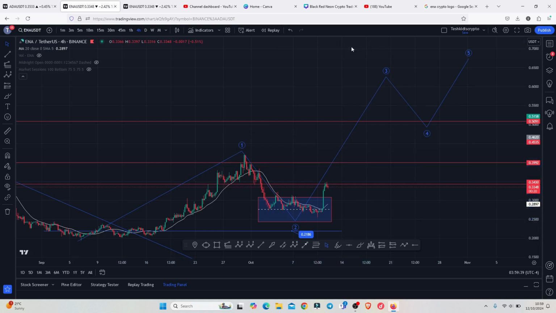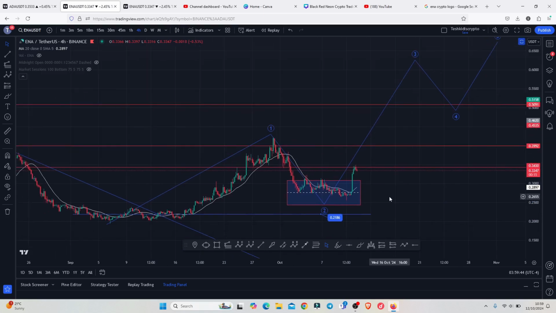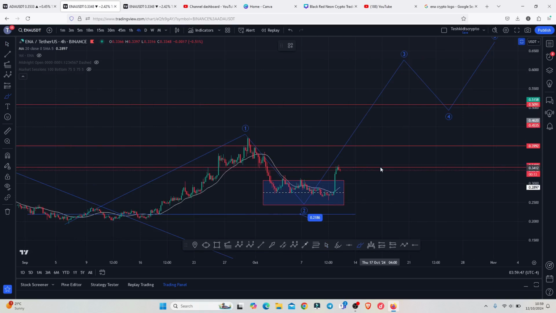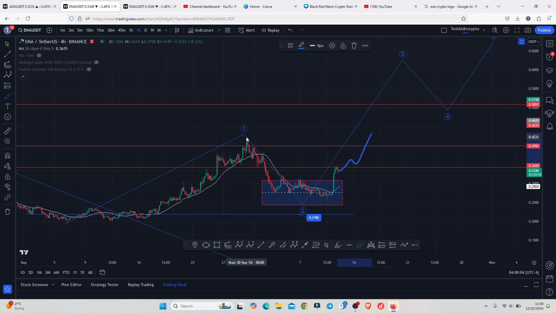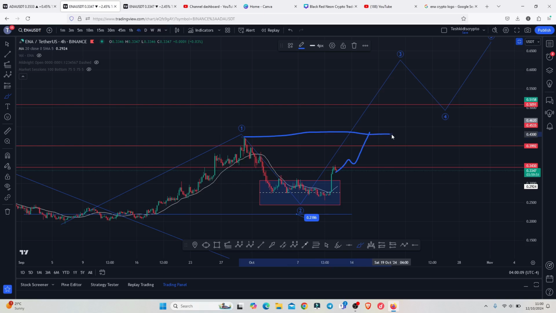And for us to fully maximize our minimum target areas in this wave 3, we first need to see a break above resistance above the 0.3348, flipping that key area of resistance back into support. And the moment that plays out, then watch out for another bounce, getting us back above the 0.4 and also giving us a break above the high that we made above the 0.4231. And the moment we manage to break above that high, then that will be enough confirmation that we are now getting impulsive and we can easily maximize our minimum target areas in this wave 3 above the $0.62 in the